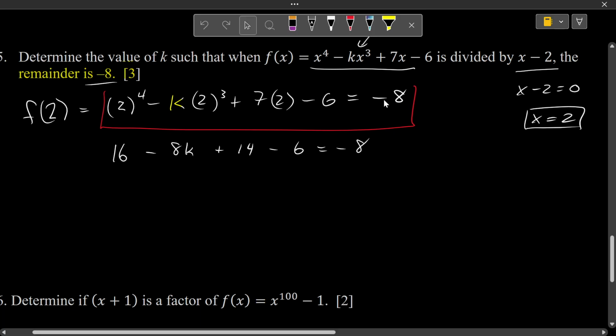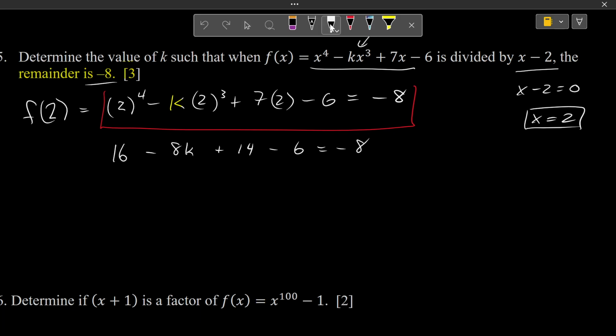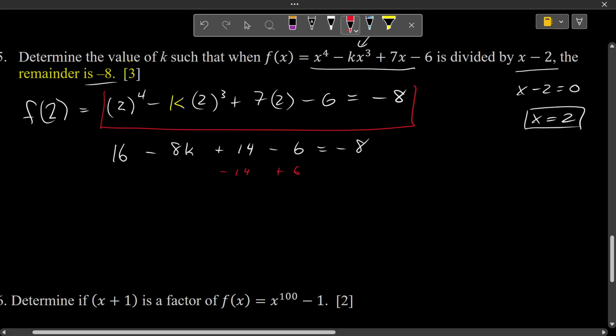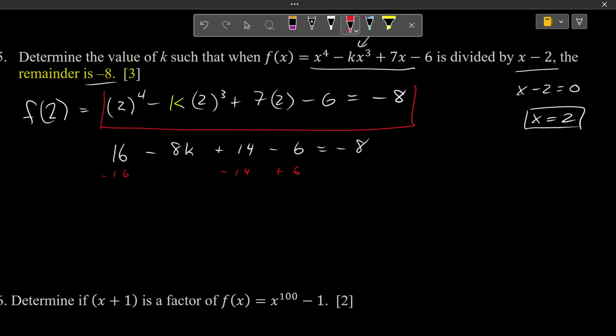After we evaluate it, we set it equal to the remainder of -8 and simplify. And the simplification is going to be something like this. So plus 6 minus 14 minus 16. And so, what is that, 24? Negative 24? Plus another 8, because they're both the same sign. I'm getting 32. So negative 8k equals a negative 32, and k is equal to a negative 32 over a negative 8,